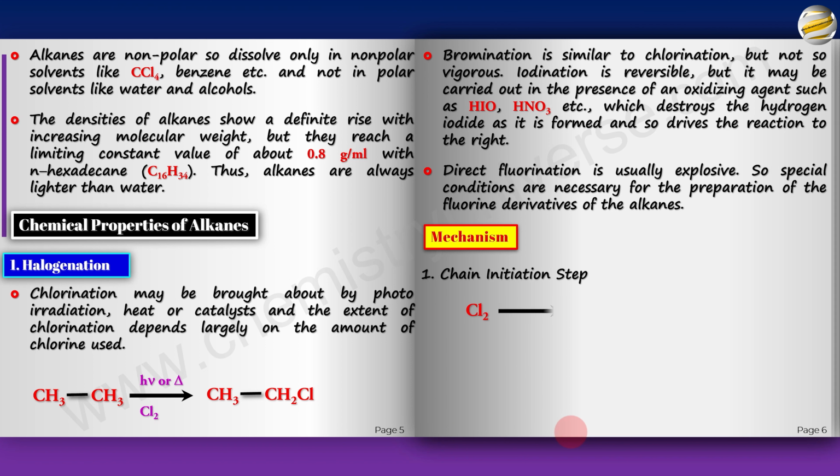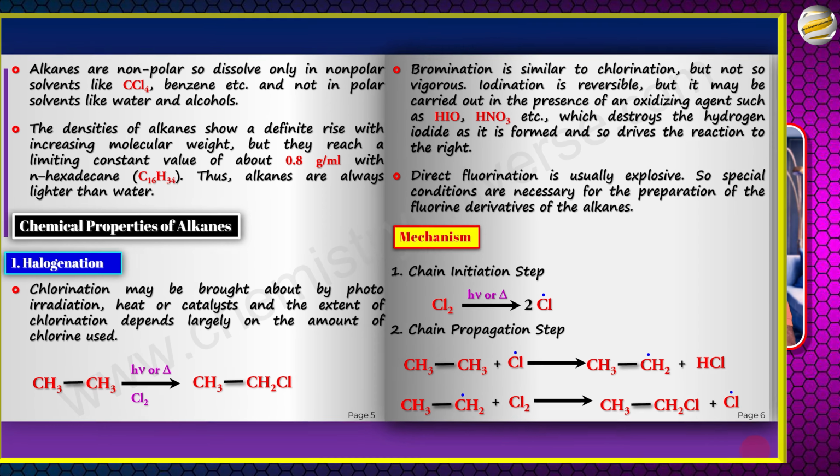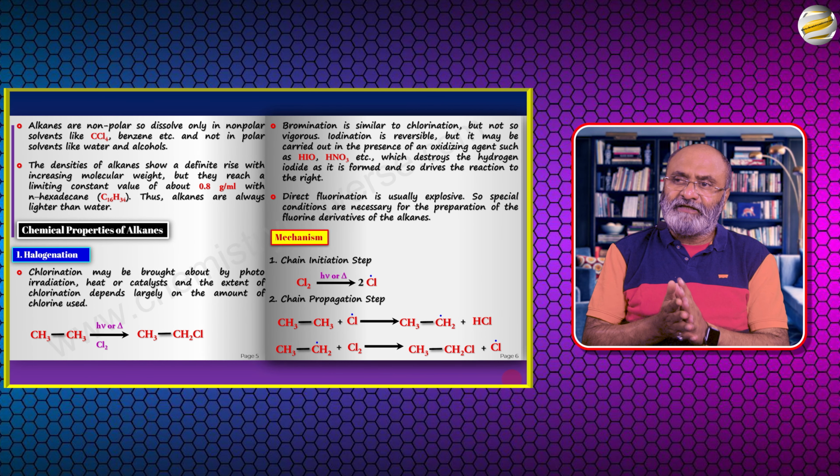Chlorine molecule breaks in the presence of sunlight or heat to give you chlorine atoms. And in the chain propagation step, this chlorine atom meets an alkane and takes an H, forming an ethyl radical and HCl. And this ethyl radical then reacts with a molecule of chlorine to form ethyl chloride and gives you a chlorine atom, which keeps making the propagation steps happen. Now, here there is one important thing to be understood, and that is